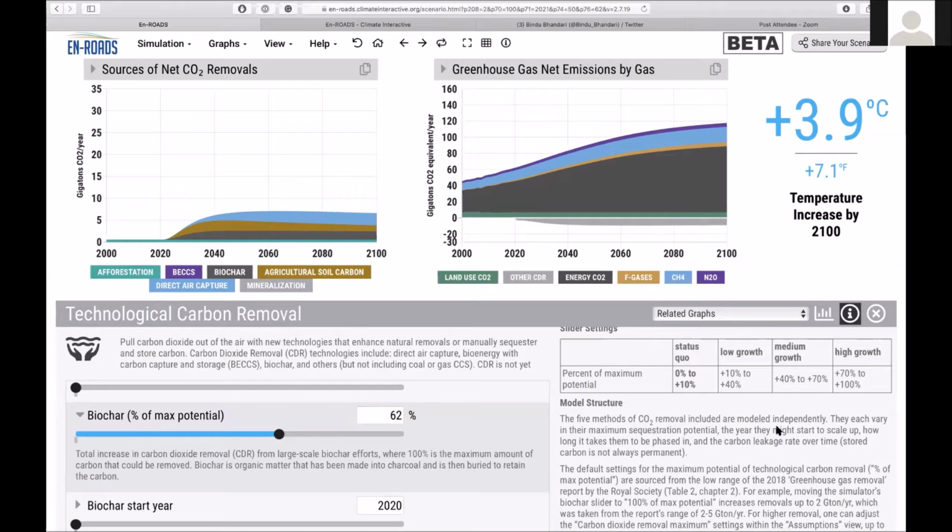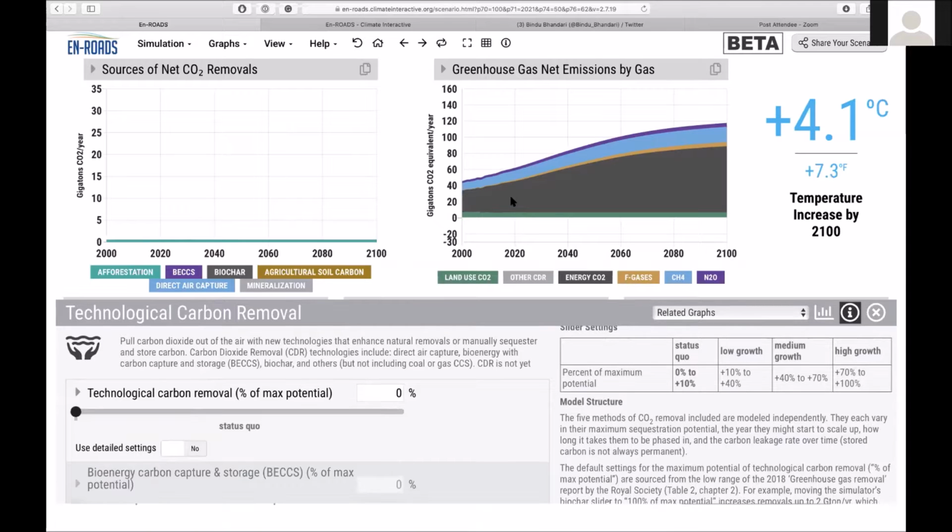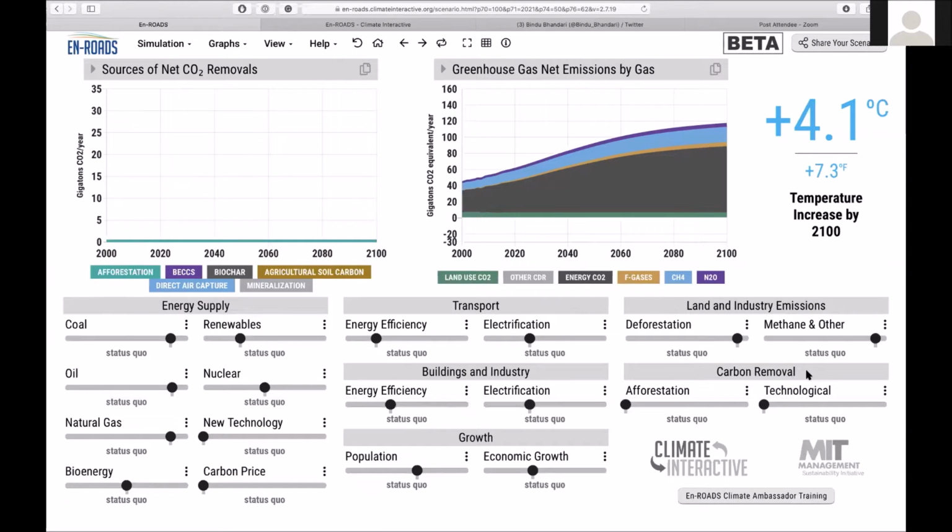And if I don't want to use any of the detailed settings, but want to address this slider as a whole, which is represented here as carbon removal, I'm going to move this slider, not going into one-by-one specifics, but addressing this as a whole and see how much of a difference technological carbon removal makes. But before I move the slider, think in your head, how much do you think this temperature, shown as 4.1 degrees Celsius, will go down as I move this to the midpoint, or halfway over here? Just think and see if that matches what you actually thought.